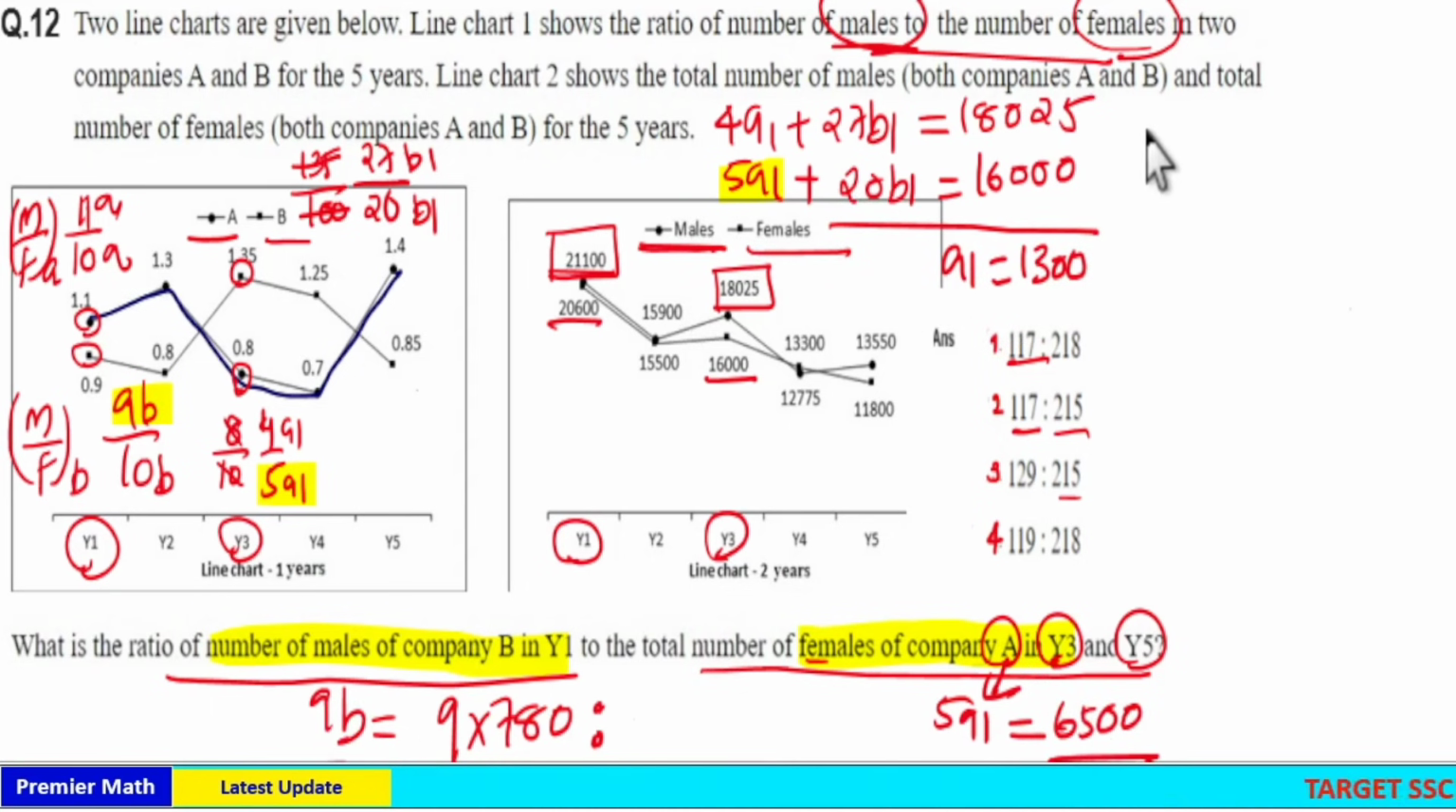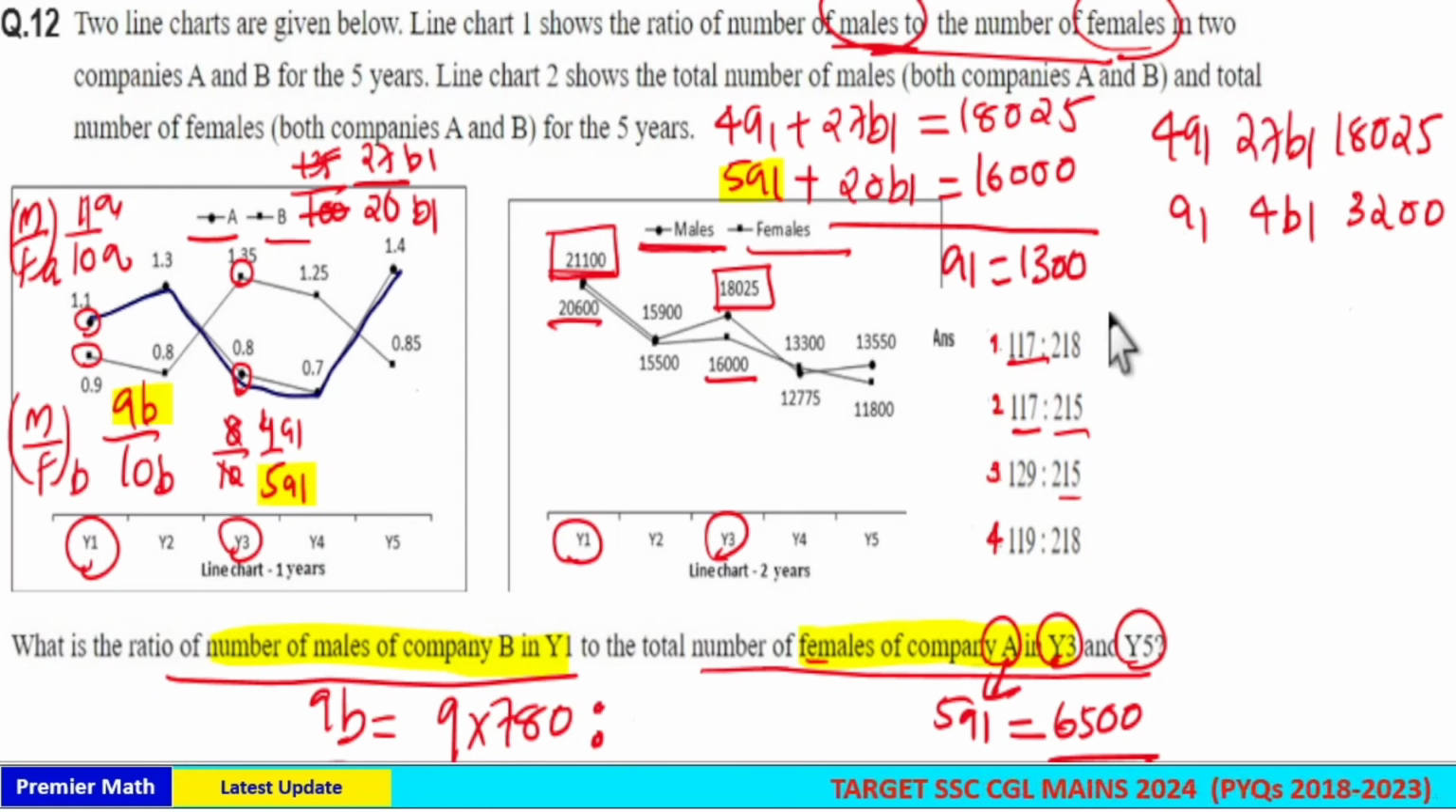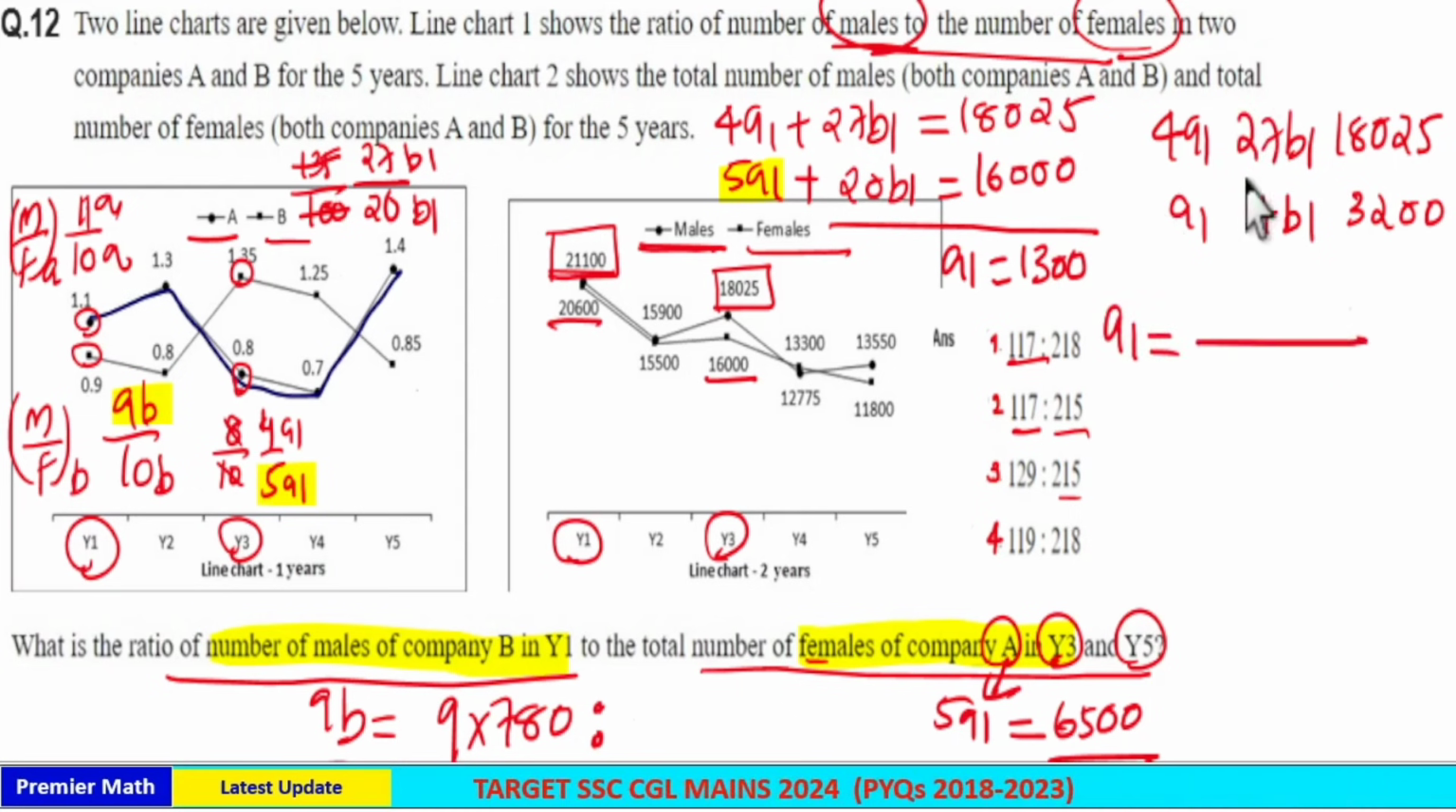Here you can solve it using short trick. Here you are finding the x component. This is large numbers. You can't solve it with large numbers, but I'm just explaining the shortcut if it is smaller numbers. That is here 4A1, 27B1 and 18025. Here if you solve it with 5, this is A1, 5 goes 4 times in 20, 4B1, this is 3200. Now to find the x term, that is A term, here A1 is equal to, denominator same,